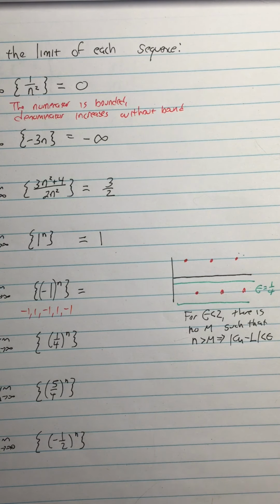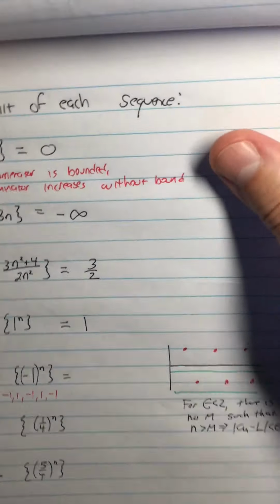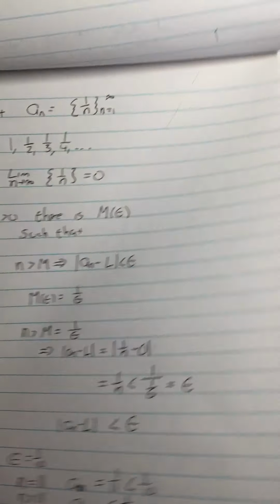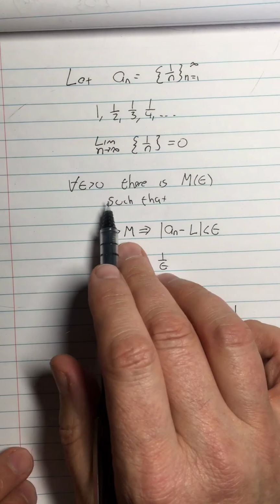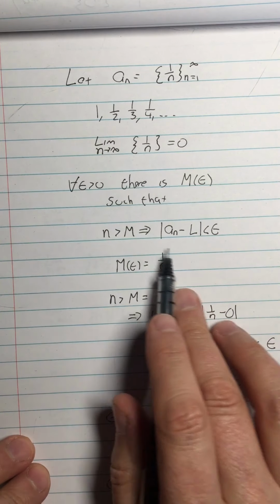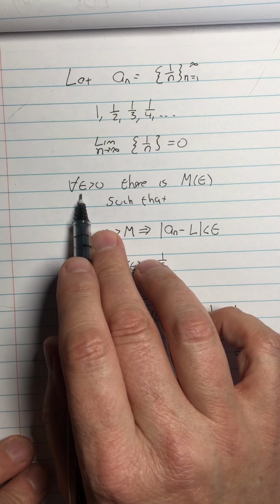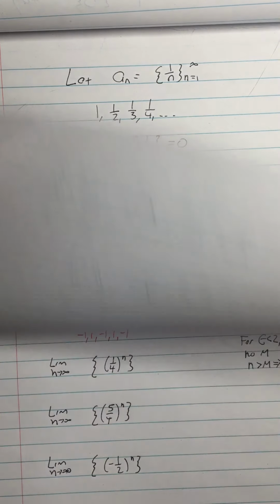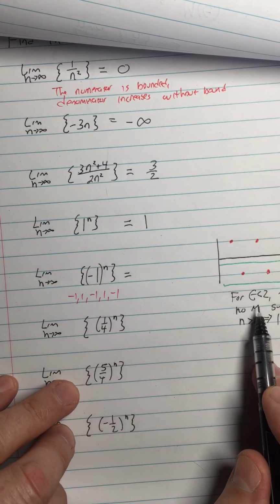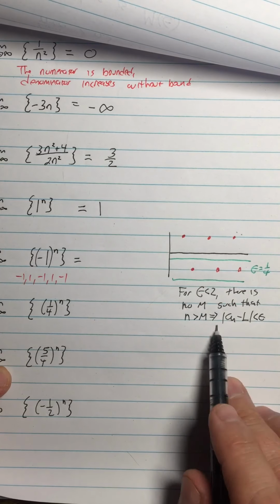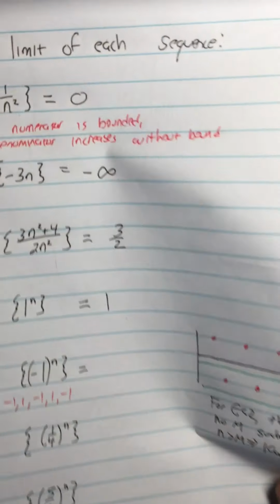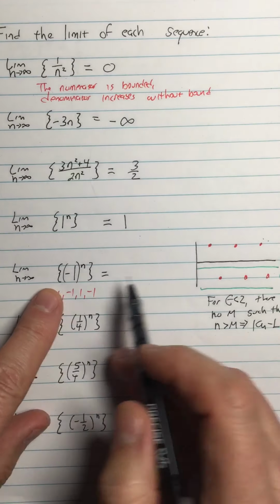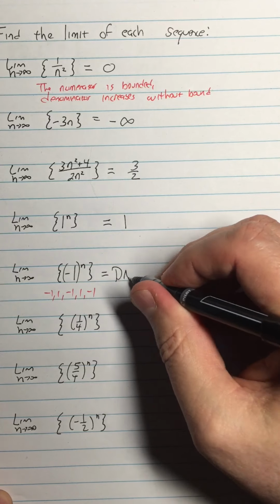And remember about the definition, why epsilon equals 2? For the limit to exist, the criterion has to work for any epsilon greater than 0. So if you can find even one epsilon for which the criterion fails, then the whole limit fails. All right, so that's going back to the epsilon definition of the limit, and why this has no limit. This limit does not exist.